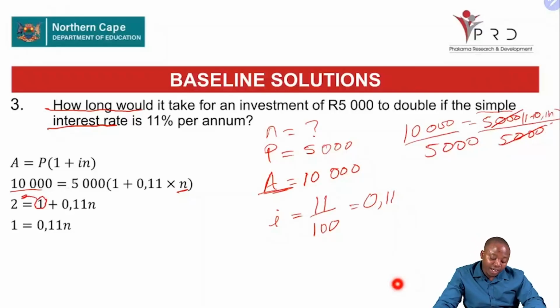We transpose the 1 to the other side, using the additive inverse of the plus. So it will be 2 minus 1, we get 1 on the other side, and we remain with 0,11n. Then we divide by 0,11 on both sides, and we find that our n is